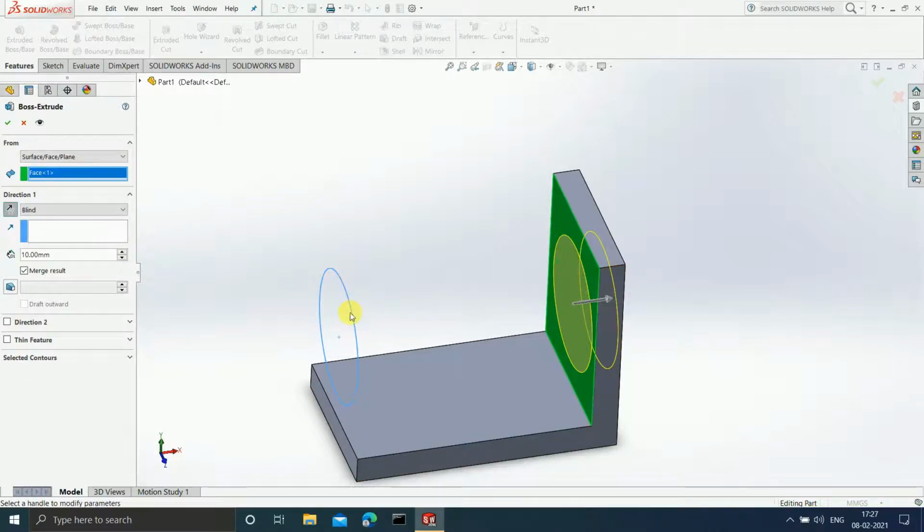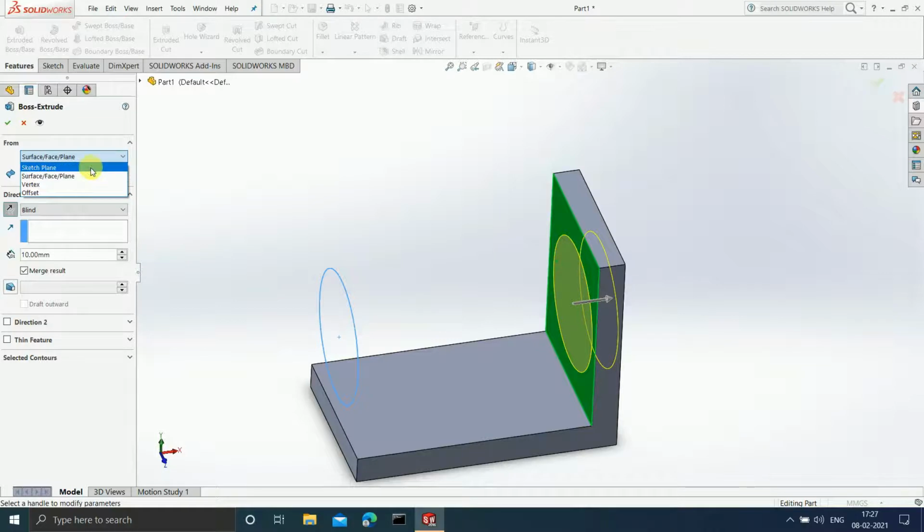Earlier it was starting from its original plane where I have drawn, but since now I have changed the plane from which I want to draw, therefore the extrude command is going to start from this particular plane. Okay, so guys, I hope that you have understood what is the meaning of this from particular surface or plane.